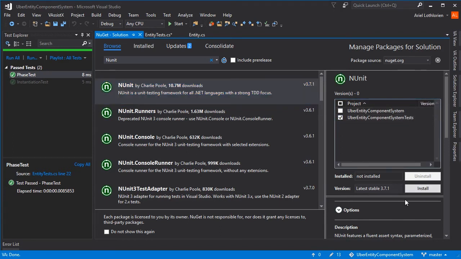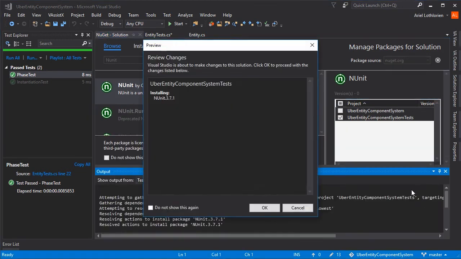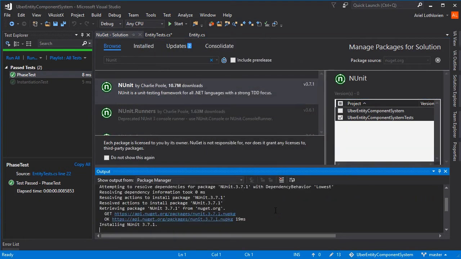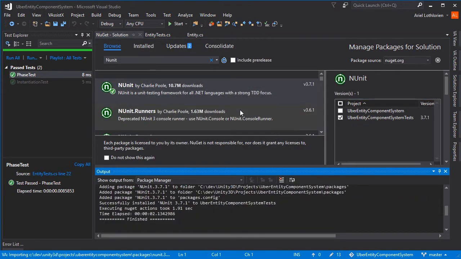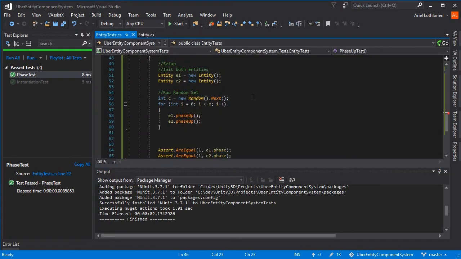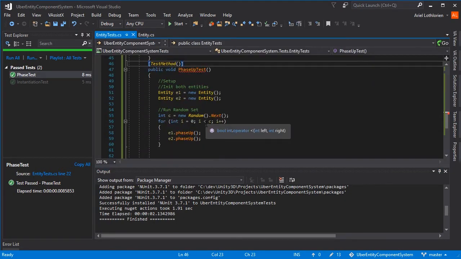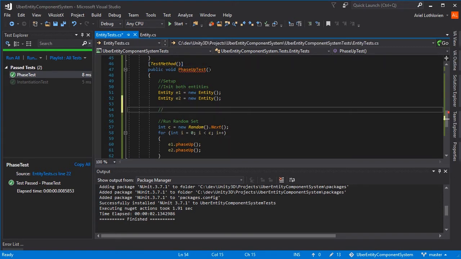We're going to want to install that into tests. Install. Yes, go ahead and install that. Awesome. So now what we can do is, instead of doing all this random mumbo jumbo,